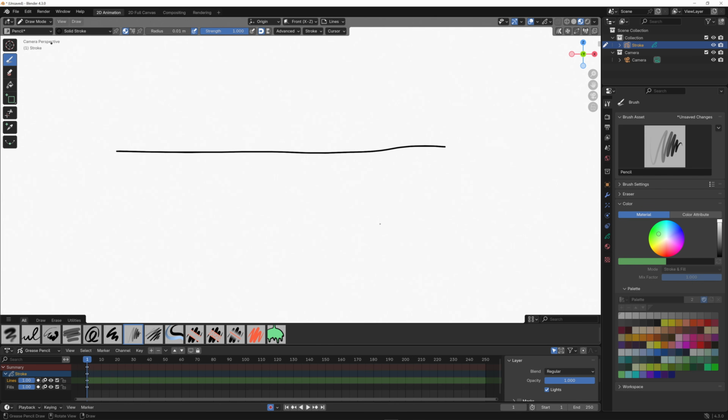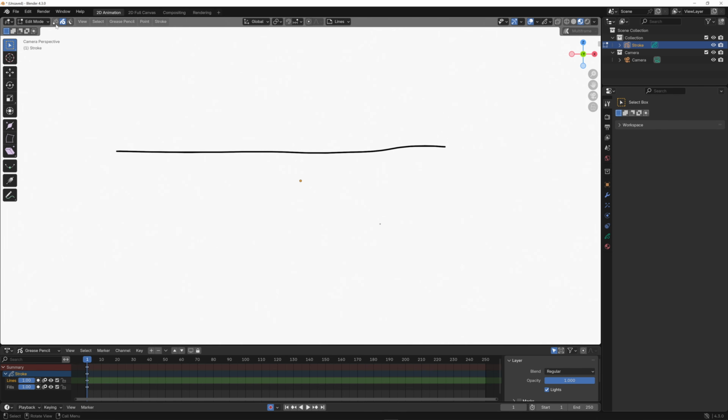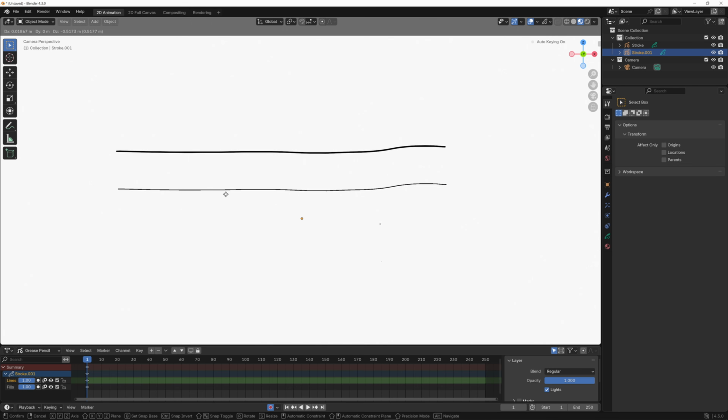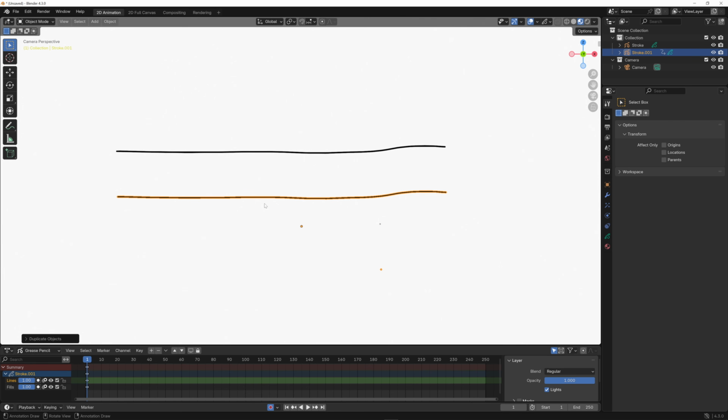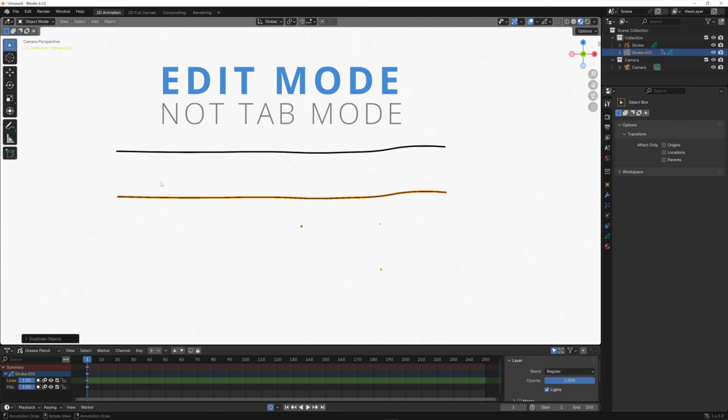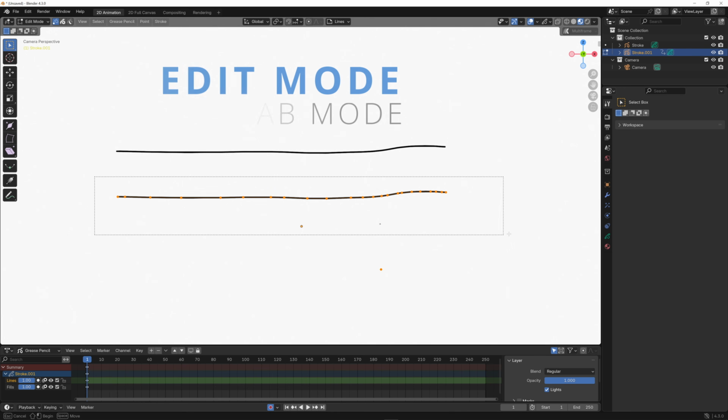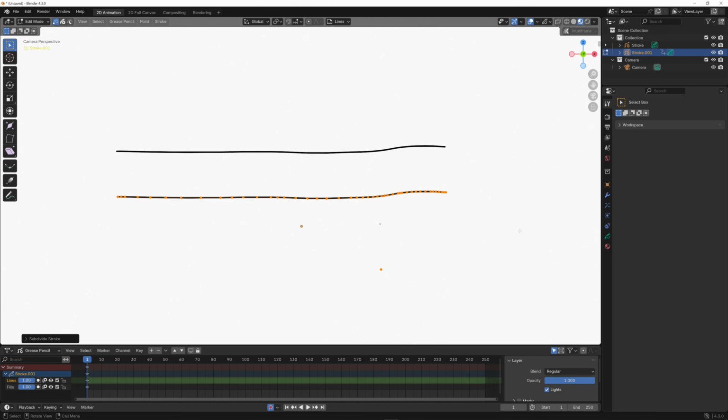Now if I go to edit mode and select points up here at the top and then hit A, you can see I don't have a lot of points. So I am going to go back to object mode. With this selected, I want to hit Shift D and bring down a second one. Drop that there. Now I'll go to edit mode. And you could select all of these points, right click and hit subdivide to add some subdivisions to this. I want to undo that.